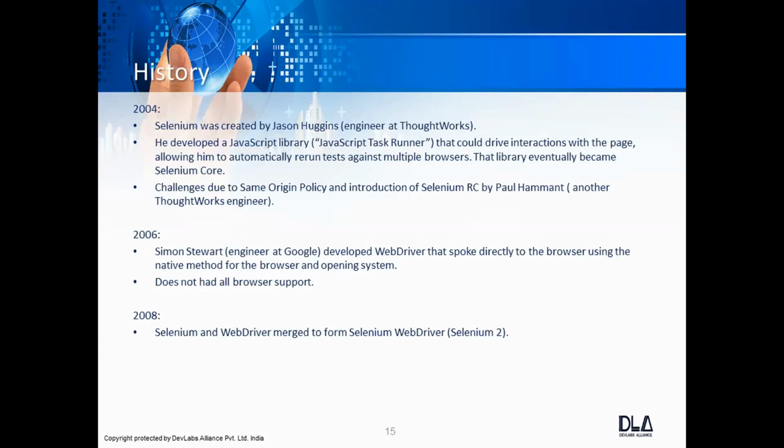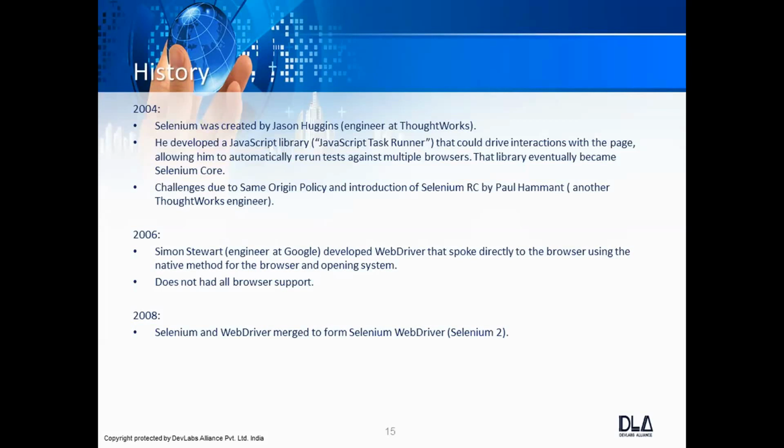He was working on a web application that required frequent testing. What he realized was that manual testing was becoming very hard for him. It was very time consuming and inefficient also. To overcome the challenges he was facing, he wrote a small JavaScript program that could interact with the browser and do some actions.